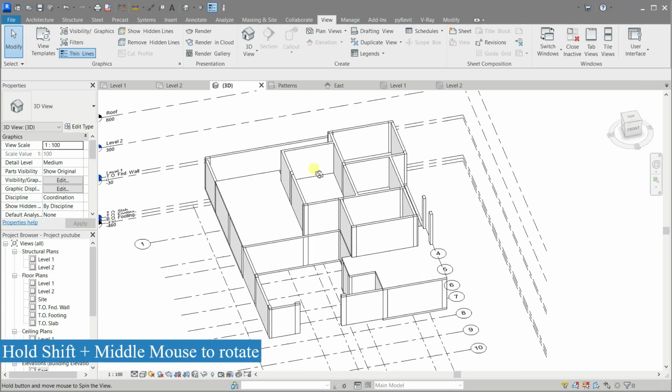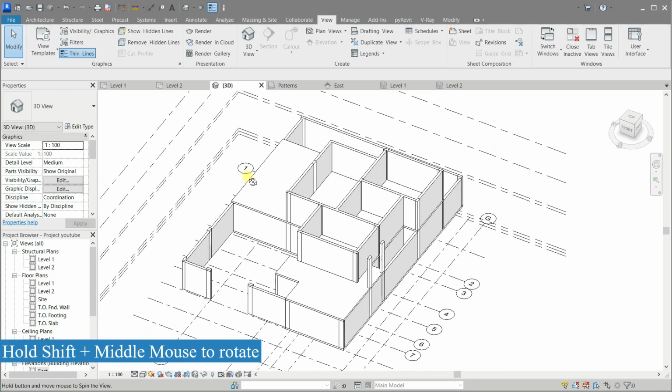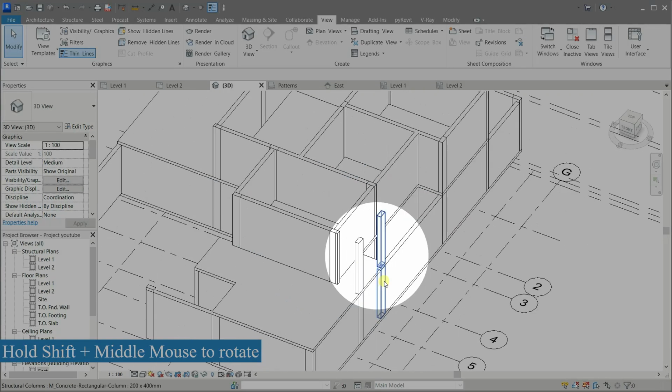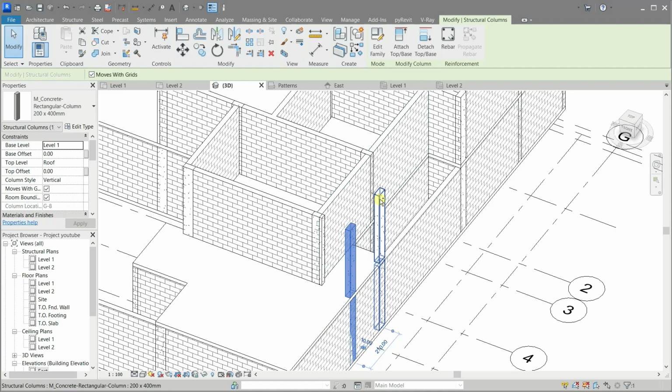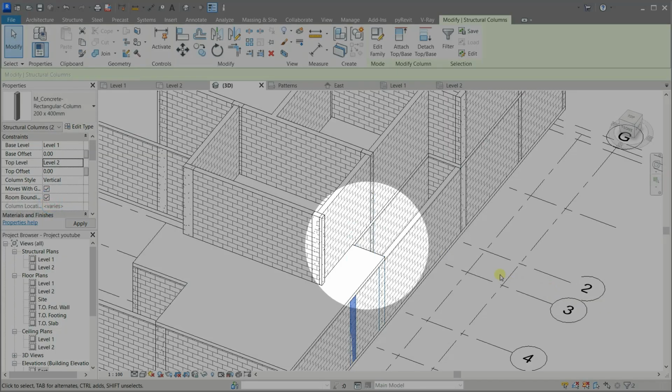Let's rotate the view to see more. Okay, these two also need to be adjusted. Select them and change their top level to level 2. Now they are okay.